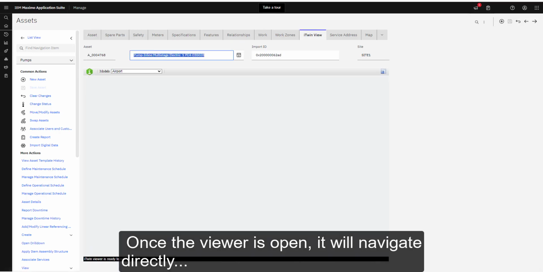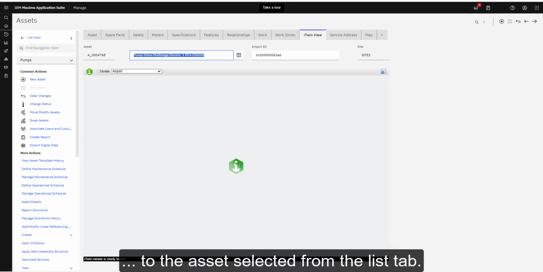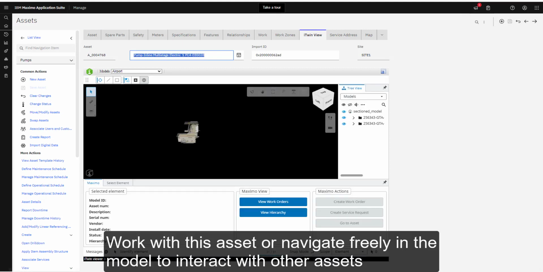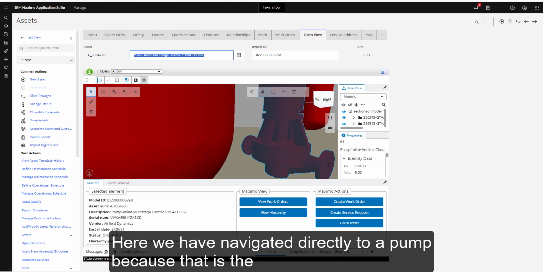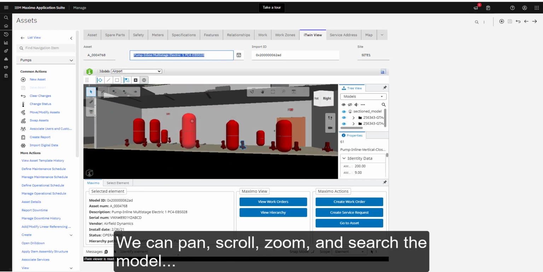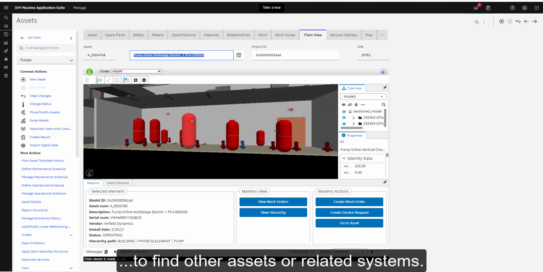Once the viewer is open, it will navigate directly to the asset that we selected from the List tab. We can then work with this asset or navigate freely in the model to interact with other assets. Here we have navigated directly to a pump because that is the asset that we originally selected. Utilizing the iTwin Viewer interface, we can pan, scroll, zoom, and search the model to find other assets or related